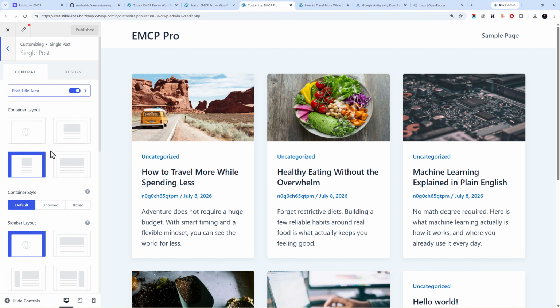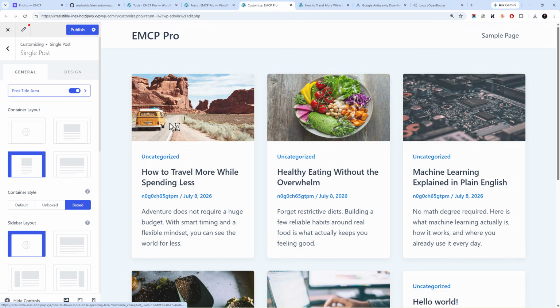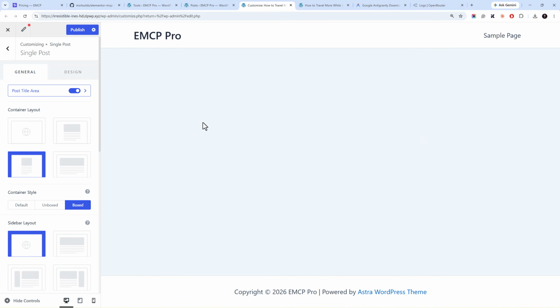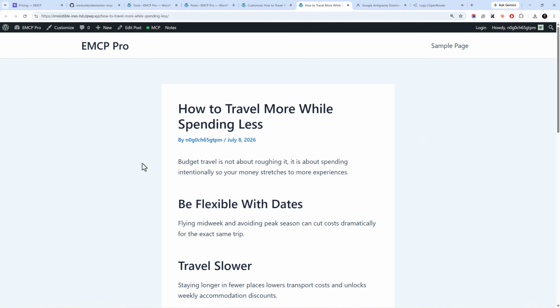The template you are going to create respects the theme's container layout unless you specifically ask it to override that. So I will use a box layout. Okay, I think it has already done its job,